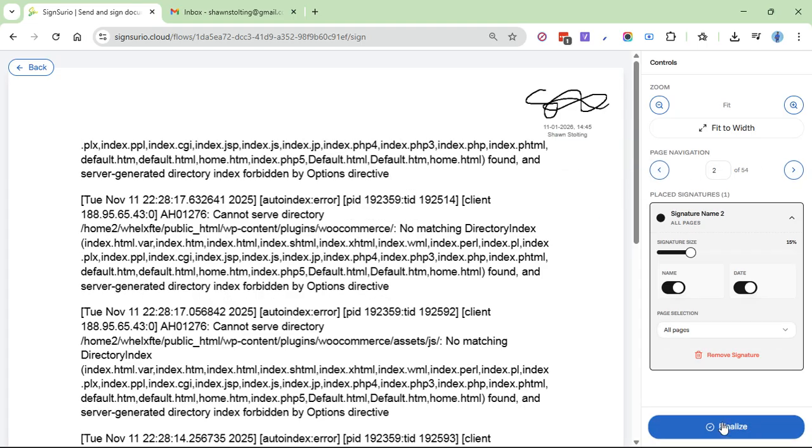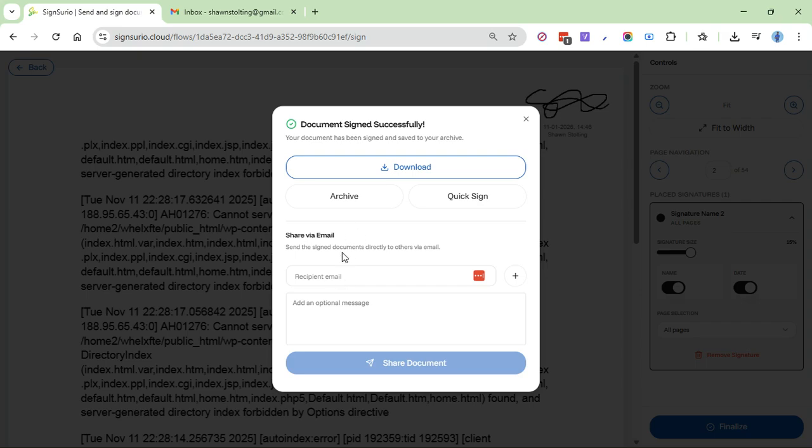If I'm done, I can click finalize, and then this document will be stored encrypted in a database, and it gives you an option to check out all the signed documents in your archive. Right now it's saving this document, and now I have the option to download it, go to the archive, or I can also send it to someone. So I'll send it to myself,